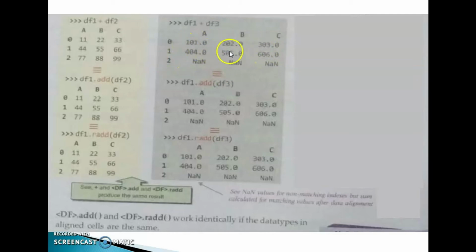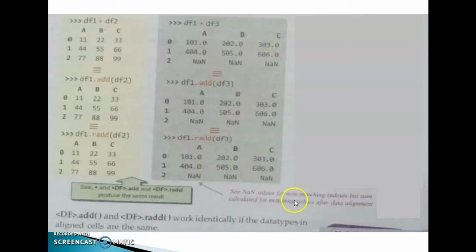Check this also, that is, the remaining all elements are in floating type values. Why? That is because in Python, integer types cannot store NaN values. We can't store NaN value as an integer value. So, automatically it changes to floating point. That is why here all the elements of values are in floating type.